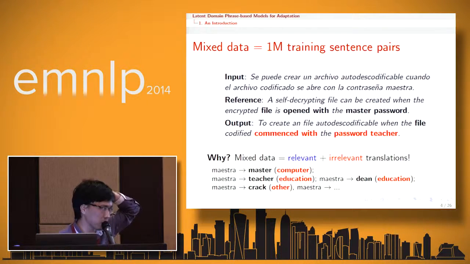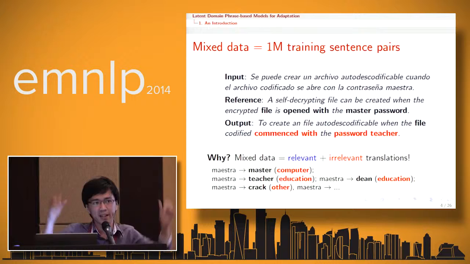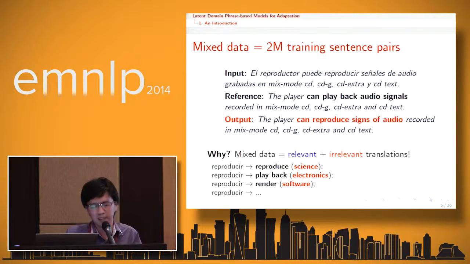Why did it happen? It turned out that the mixed data contains both relevant and irrelevant translations. For example, the Spanish word maestra can translate to "master" when it comes to computers. It also can be translated to "teacher" when the domain of the data is education, or even other domains. To confirm the result, we double the training data